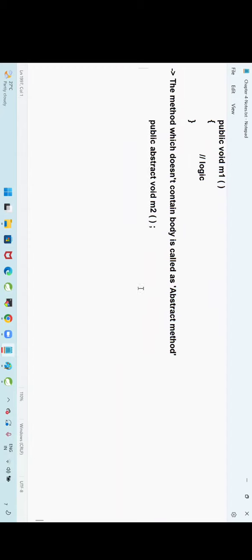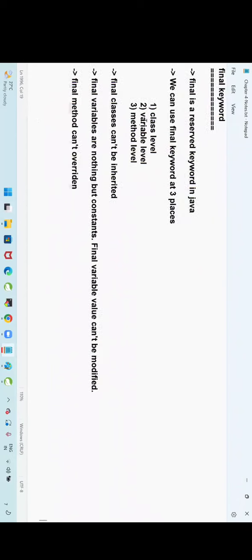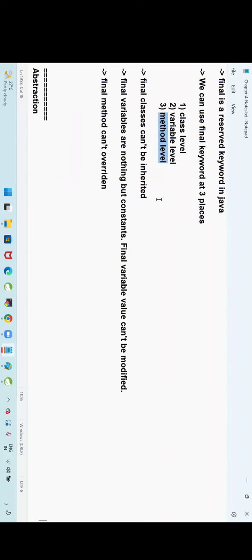To write the abstract method, we are using a keyword called abstract keyword. Final is one keyword, abstract is also one keyword. What is the purpose of final keyword? Where can I use final? We can use the final at the class level, at the variable level, at the method level. If I use it at the class level, that class will become immutable. Nobody can extend the